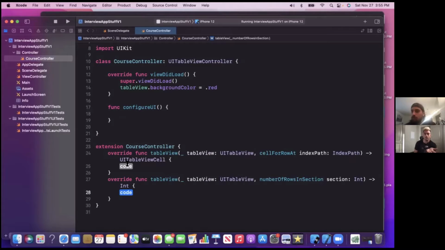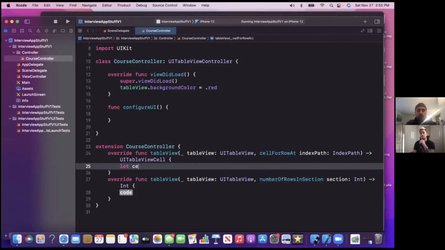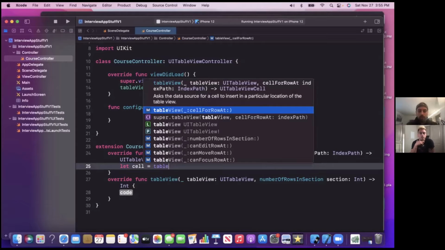Once again, what's the first one doing? Well, it's going to return a UI table view cell. So it's like, what kind of cell do you want to show up in the table view? Okay. And then what does the second one do? This is just the number of rows in the section. So basically the number of cells. Okay, cool. So it's asking for a UI table view cell. So I'm just going to say let cell equal a table view, and we're going to make it a